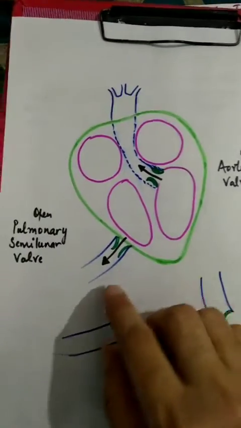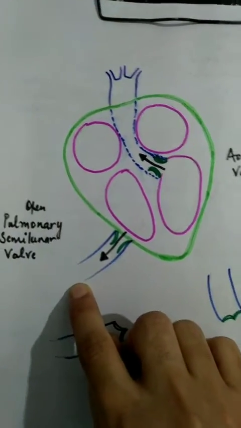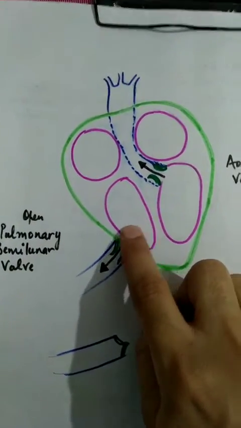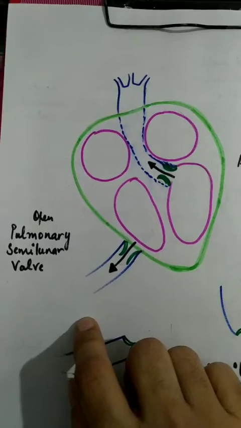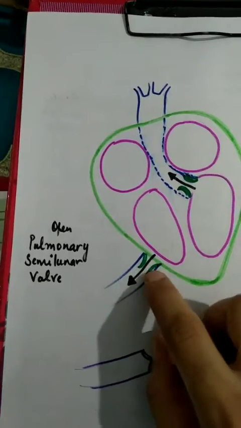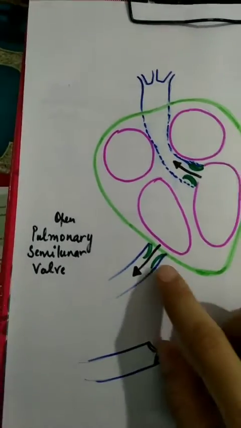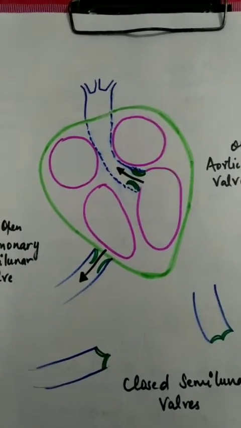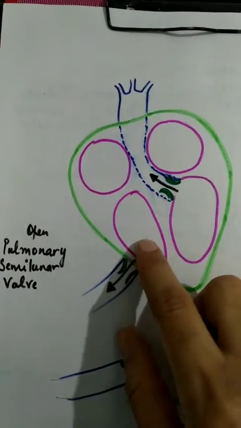Now you see here. From this right ventricle, pulmonary artery is arising. When the blood comes from right auricle to right ventricle, this blood has to go to the pulmonary artery, from where it goes to the lungs for oxygenation. This we have read earlier. So these pulmonary arteries also have these semilunar, half-moon shaped walls present in these blood vessels.